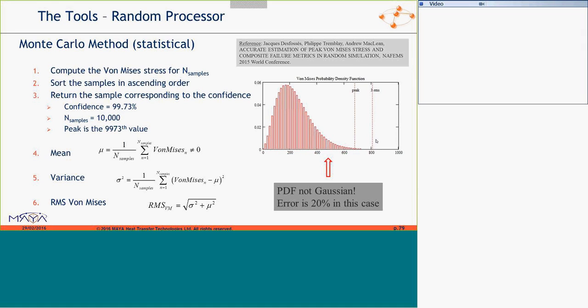Well, this is off by 20%. You're off because you've assumed it was a Gaussian distribution. In fact, we published for the NAFEMS World Congress last June. I give the reference here, and I'll be glad to send it to you, in which we investigate the error in making that assumption for antenna models similar to the one that I'm using here. And we're up to 30% error in some cases. Well, the good news, if you use the approach from Nastran, you're conservative. You're not breaking anything, but you've eaten up your margin.